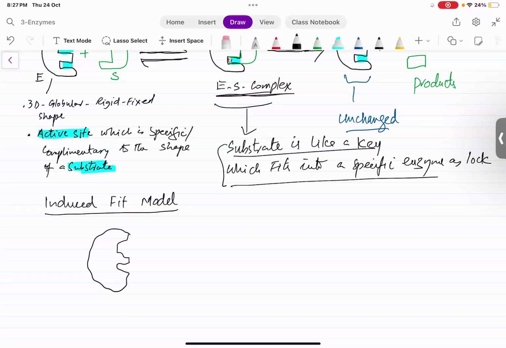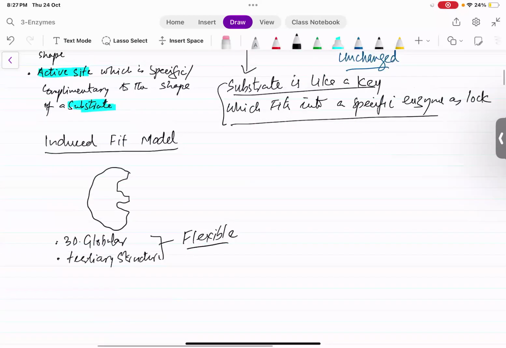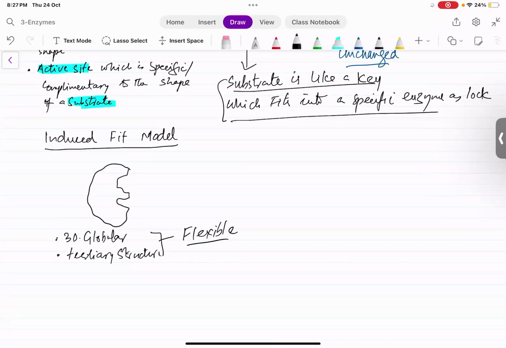Though it is 3D and globular, it has a tertiary structure, but its structure is flexible. Okay, not rigid and not fixed. And its active site is also not complementary